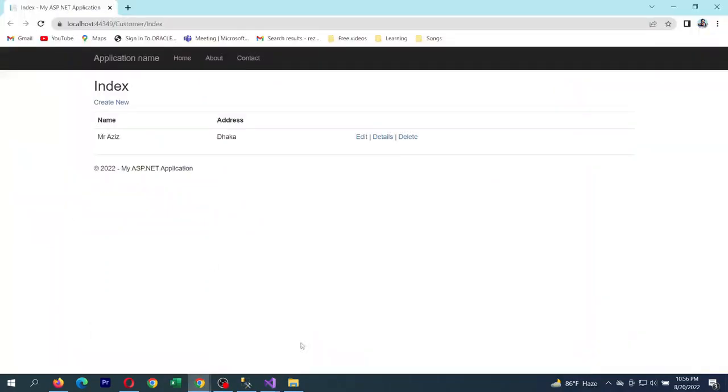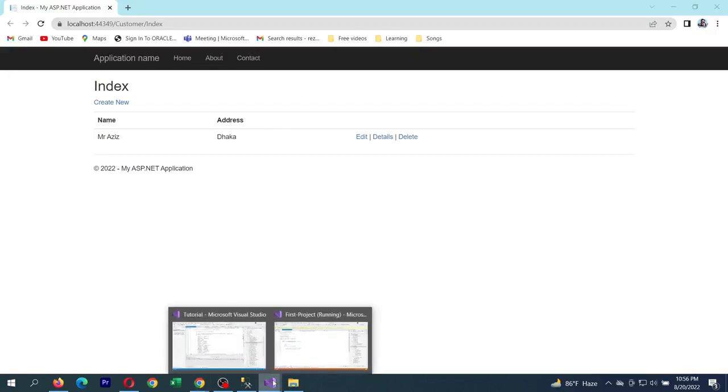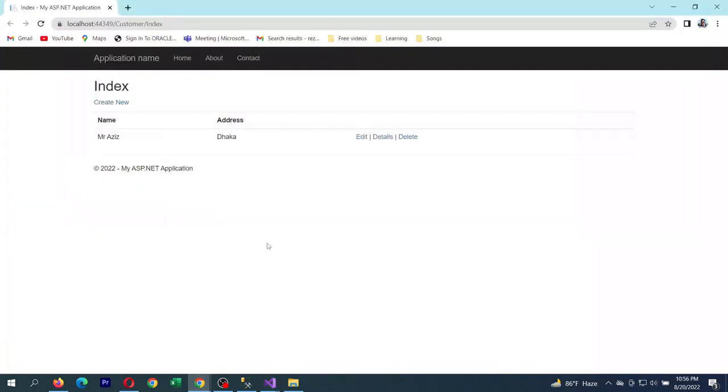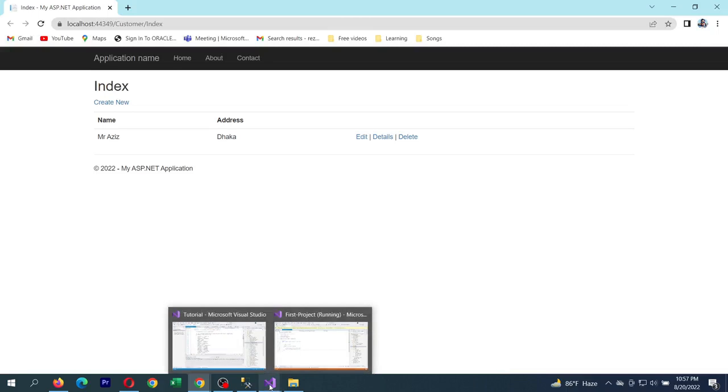See here, I added the first project entities, and I will return the data. Which data? Customer as a list. So now it will show in the list. All right, so if I load again,